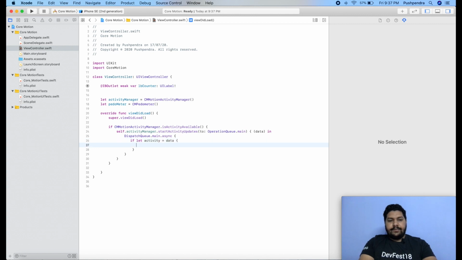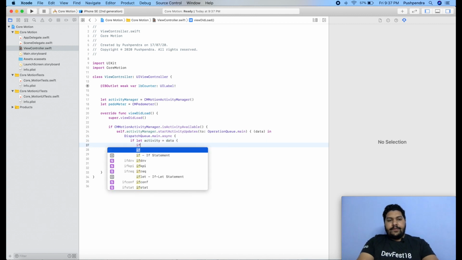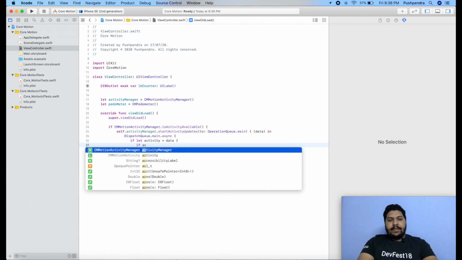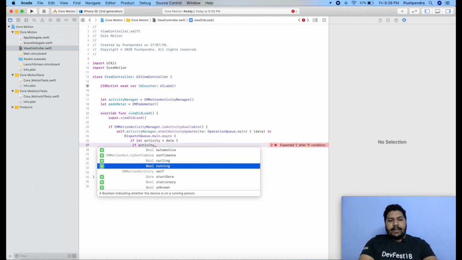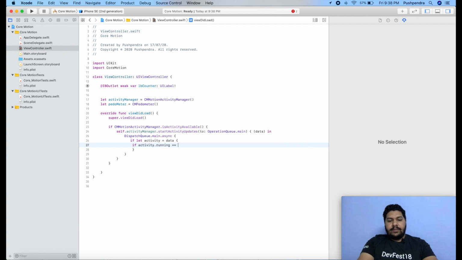After that here, if activity.mode, we will check, here you see running double equals true, then user is running. Okay, print running.